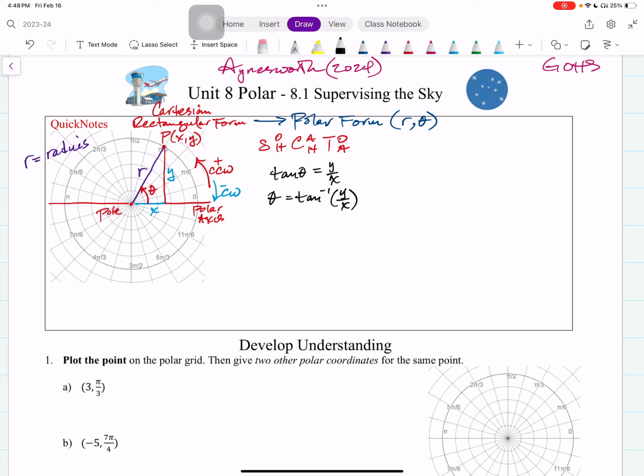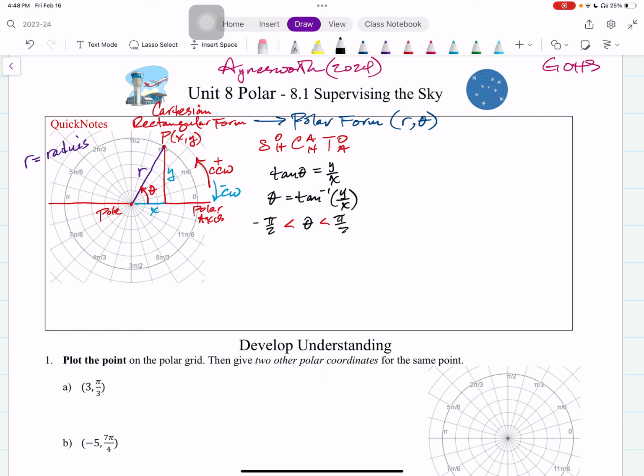All right, we've done that before too. This will give you an angle between negative pi halves and pi halves, because it's restricted right here. So remember, the inverse tangent theta has to be between negative pi halves and pi halves. Oops, I should have made that strictly less than. Sorry, let me fix that. This tangent function has asymptotes, so it has to be strictly less than, from negative pi halves to pi